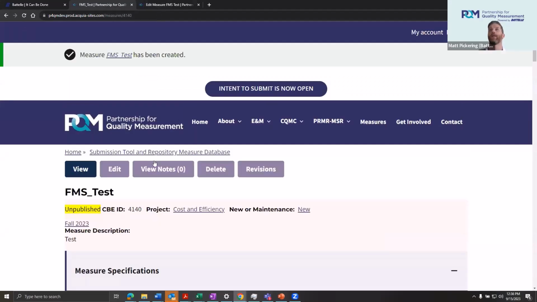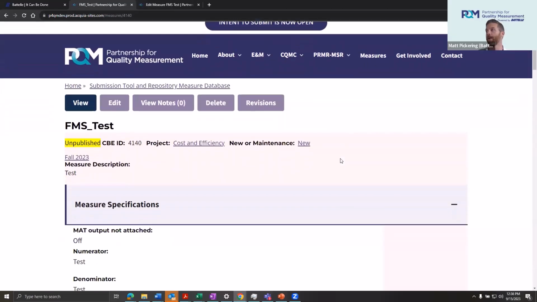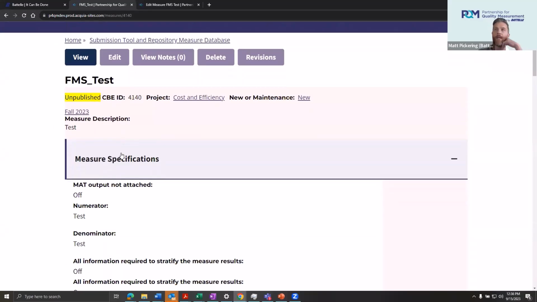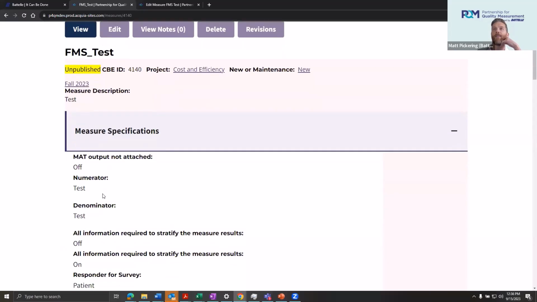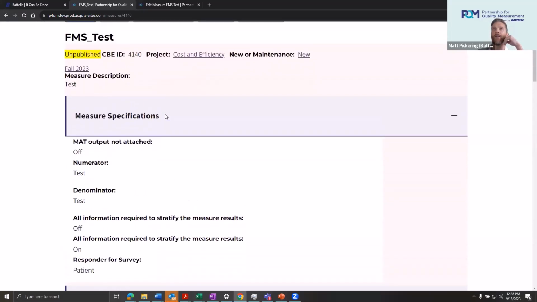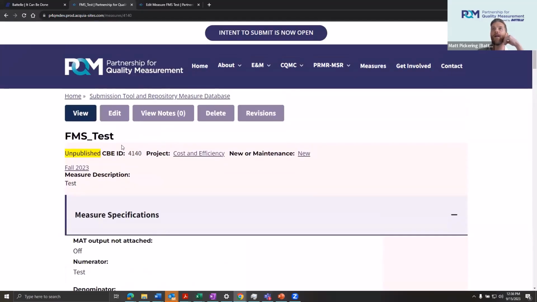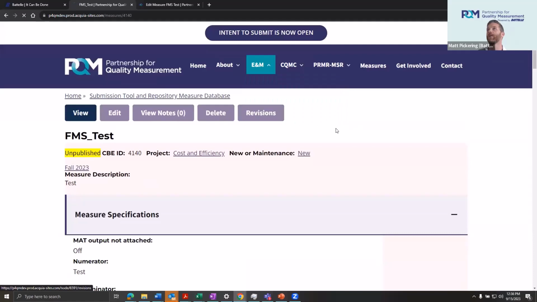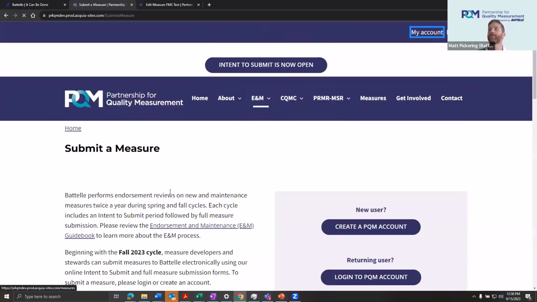It's going in. Okay, so here's what it looks like on the back end. Here we have just some, say, unpublished, meaning it's not been published to the PQM website at all. And then you just have some information that you've submitted, right? So this is what you'll see once it's submitted on the back end. But if you'd like to then just go to your account,